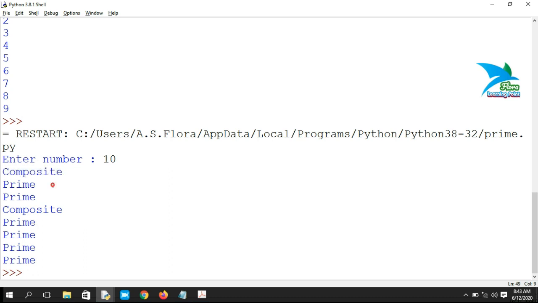That means it is divisible, so the loop shows that the number is composite. After that 10 is divided by 3, it is not divisible, so it prints prime, then 4, again not divisible, prime, then 5, 10 is divisible by 5, so it prints composite, then not divisible by 6, 7, 8.